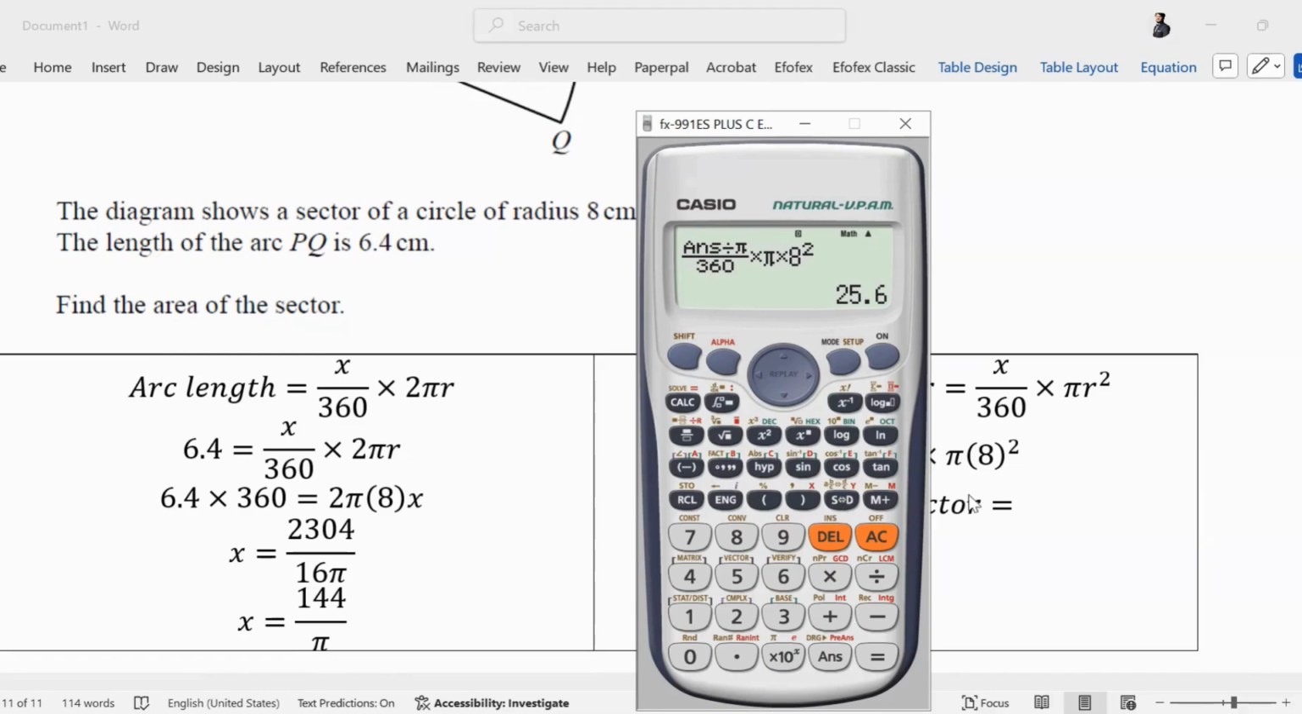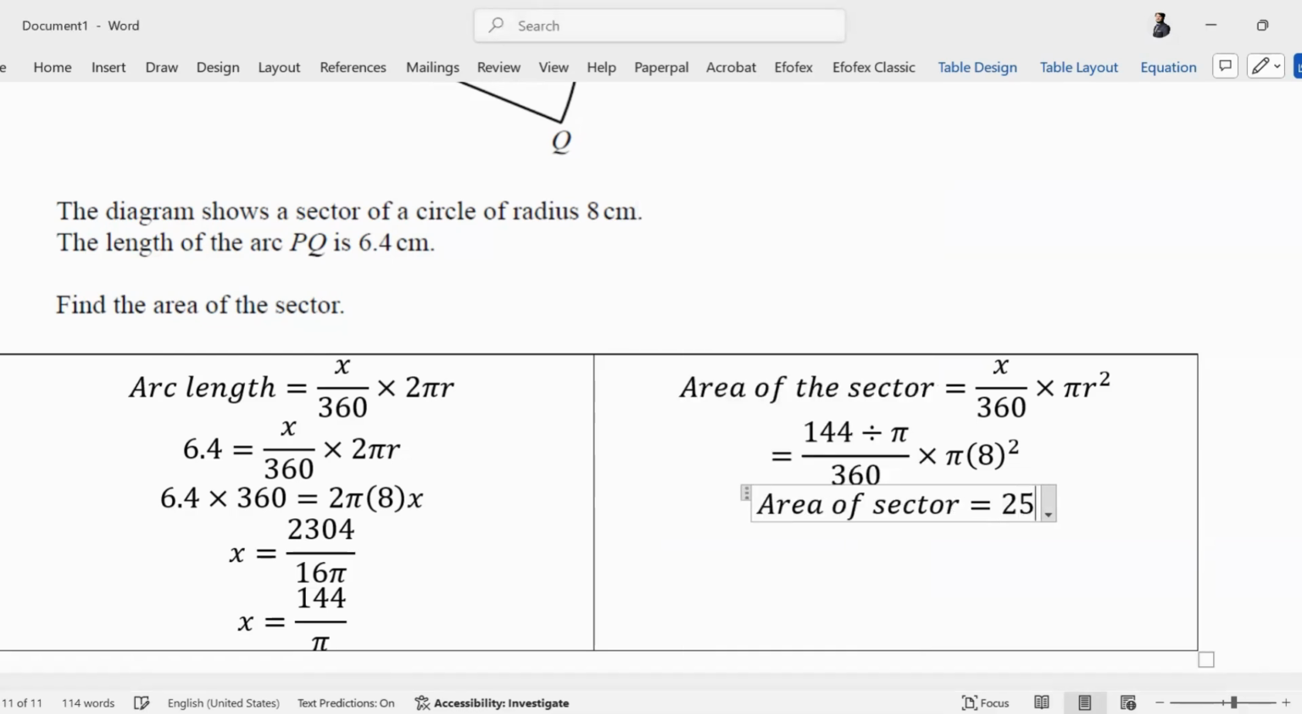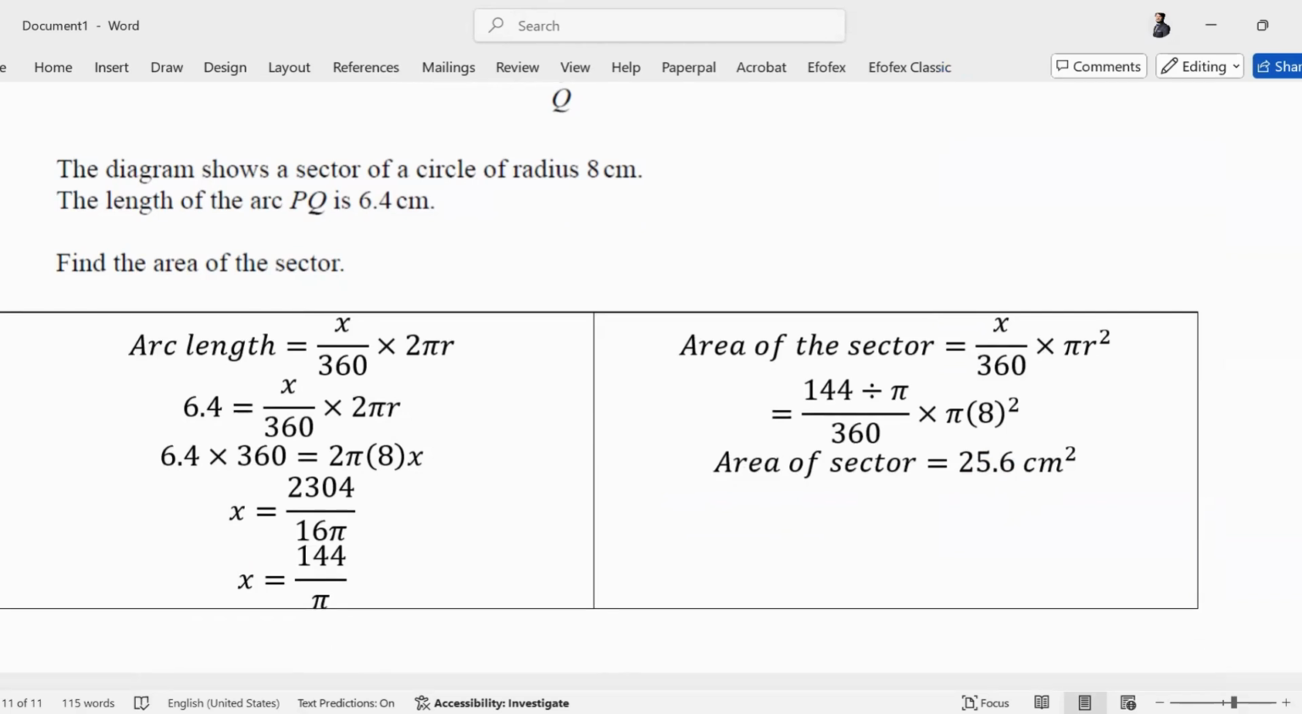So the answer is 25.6 centimeters square. And this is how I can find my area of sector. Moving on to question number 21,